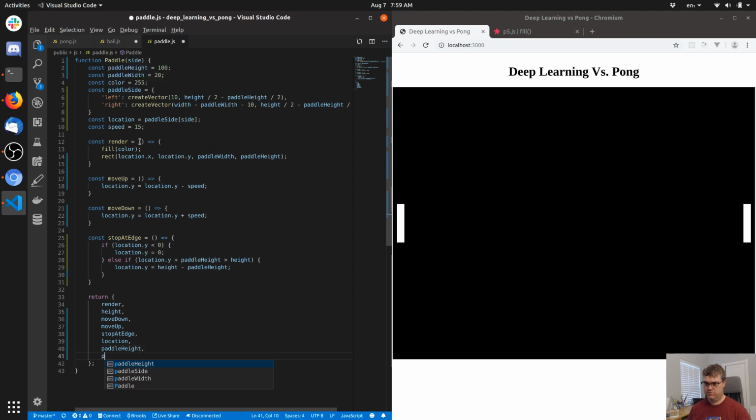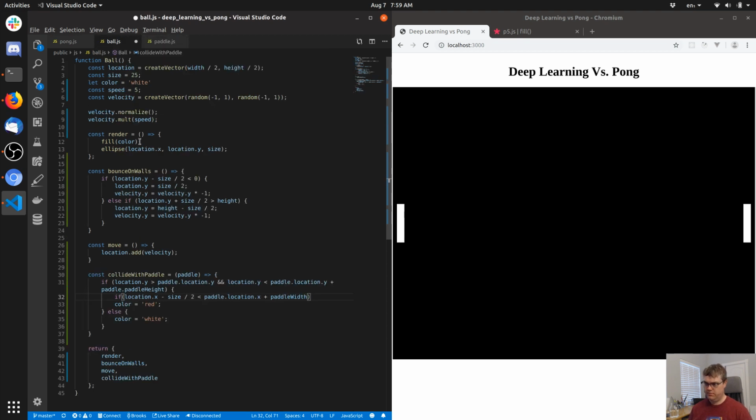No. Okay, so that's telling us if we're hitting here, rather if we're left of this, then in that case we want to, okay, so if location.x minus size, that's the left side, is less than this edge right here, we're